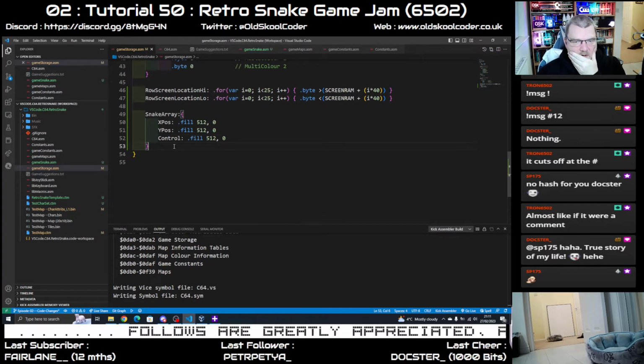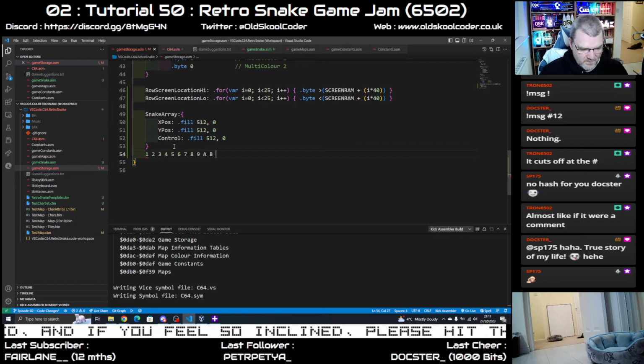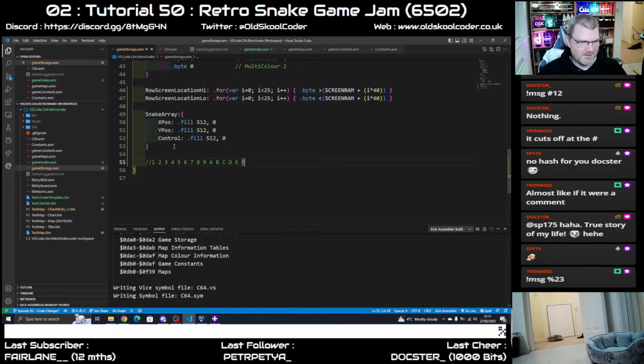Yeah. Right. So how are we going to do this array? So the array, let's do this. 1, 2, 3, 4, 5, 6, 7, 8, 9, A, B, C, D, E, F. Right, so we've got a 16 segment snake. So let's say that the tail is at...